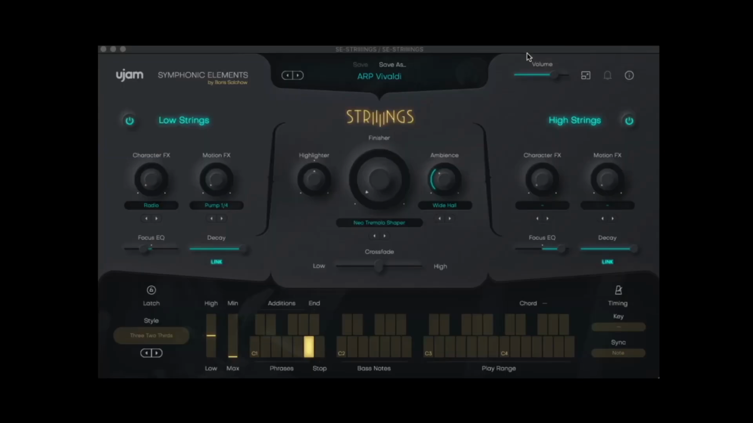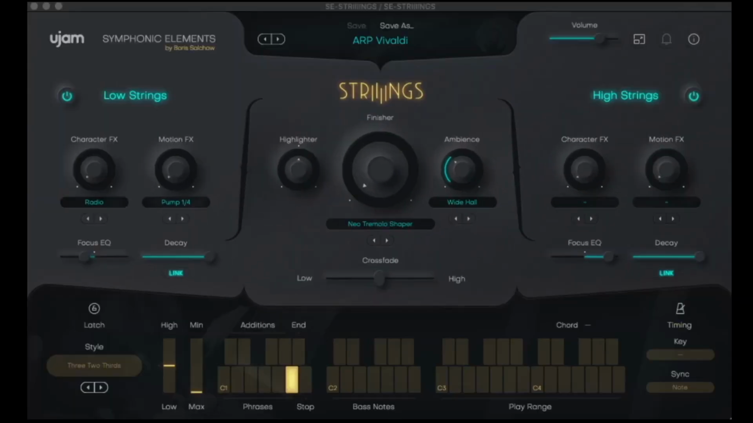Let's start with Striiiings. We have here the play range, and if I just click one key in the play range, I hear the major chord. But I also can play a minor chord, I can play a sus chord,